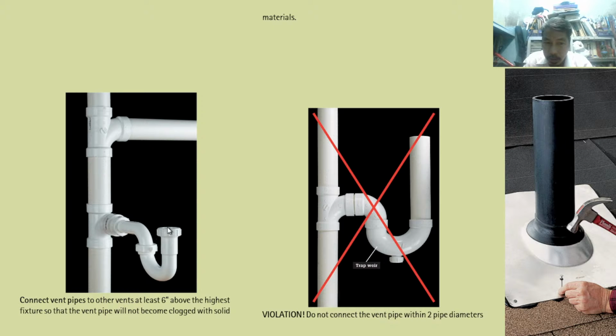Okay, connected here. And then, for example, a kitchen sink like this, there is a flood rim level up to this point of the kitchen sink, and this flood rim level up to this must be more than or equal to 6 inches. Okay, this is the vent. So do not connect this vent here in this location, it must be up there,